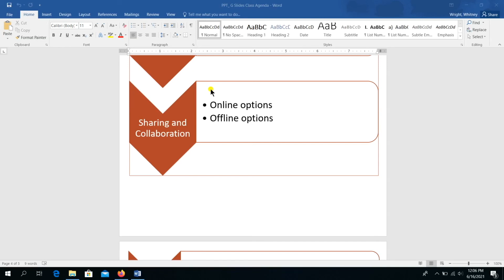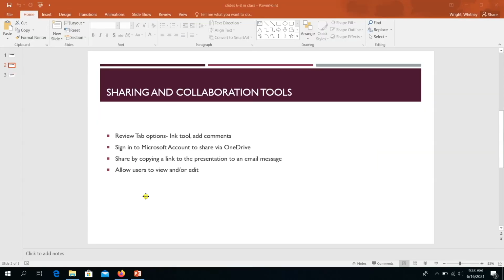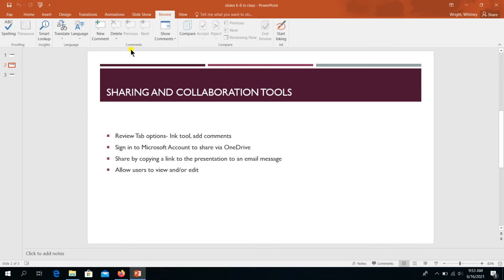reviewing the online and offline options for sharing and collaborating with your Microsoft PowerPoint or Google Slides presentation. Let's go through the ways in which you can share and collaborate with others on making changes to your presentation. If you have the PowerPoint presentation open on your computer or laptop, you can click on the Review tab in the ribbon, and these are all options that you can add within your presentation before you decide to share it